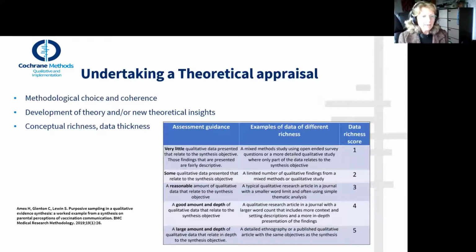And helpfully, Heather Ames and colleagues have developed an assessment framework for assessing the richness of the primary study. This table is taken from their original paper, which comes up with a richness score between 1 and 5. Other study authors, including myself, have condensed this to 3 levels now to make it easier to apply. We found it quite hard differentiating between 5 levels of data richness in a primary study, and we've condensed it to 3. And I will flag a little bit later on some of the things that do show whether a study is